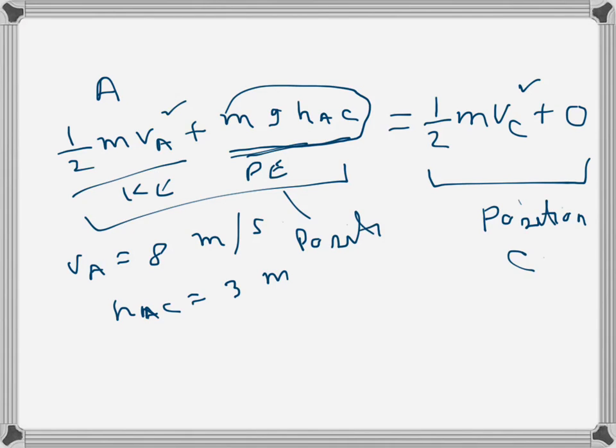I hope that is making sense, because the total mechanical energy stays the same throughout the flight, since there is no air drag or any kind of friction. So we can equate these two, and from that we know everything. We know vA, because that's 8, hAC we know, and of course m is given. So I can write here half m vC squared